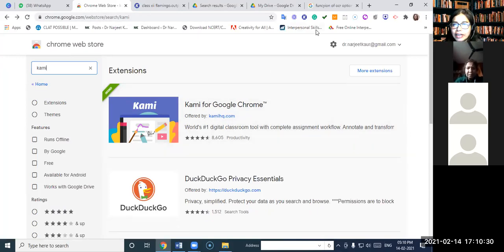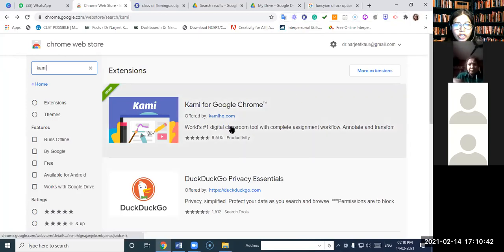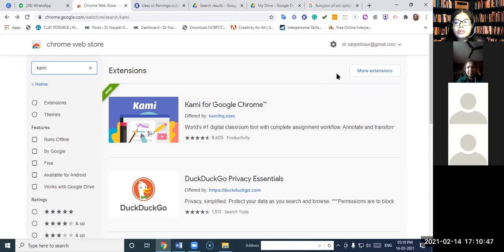And once you have added it, you are going to see a small icon here with a K, I am just pointing out with my mouse pointer. Once you have added this extension, it is going to show in the form of this. So I can use the Kami app to annotate, to make a lot of changes in my PDF, to write and comment and do whatever I want on the PDFs. Mostly teachers do it when they get scripts to check, answer sheets to check.